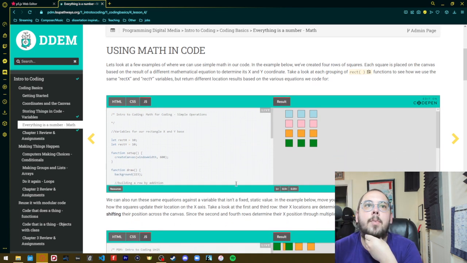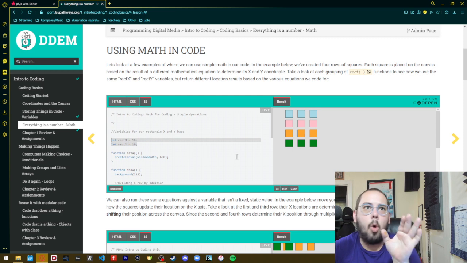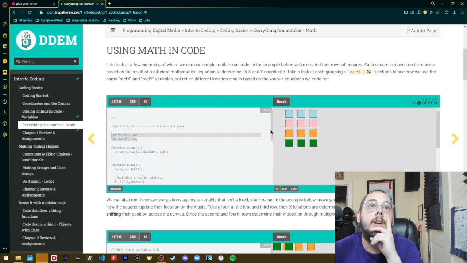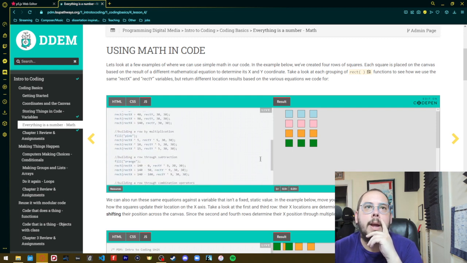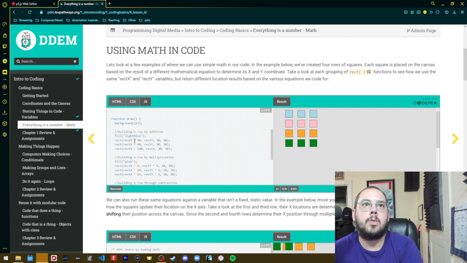So I've got this example right here. So we've got rectangle X and Y. That's the only variables we have. That's kind of the core of this sketch. Down here, we're making these multiple rectangles here. So we've got, this light blue one is rectangle, that rectangle X, we're gonna increase it by 40, and then by 90, and then by 140. Everything else is the same, and we get this row of